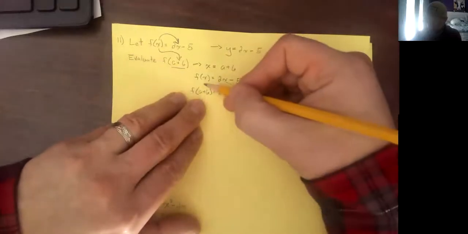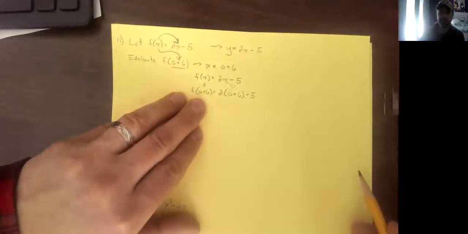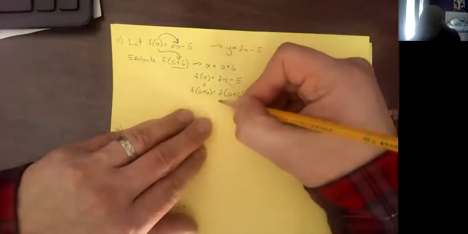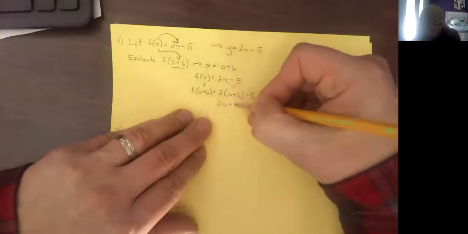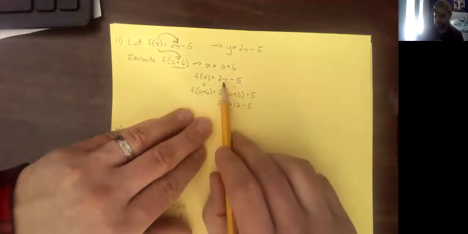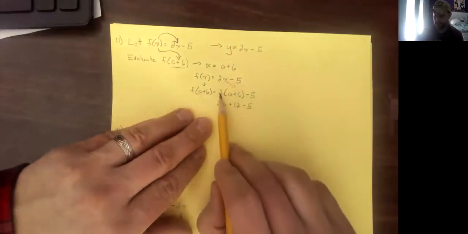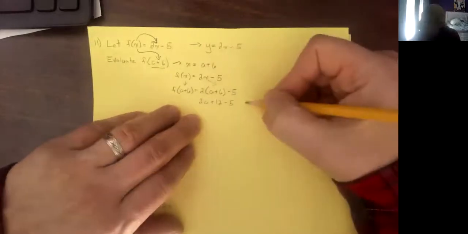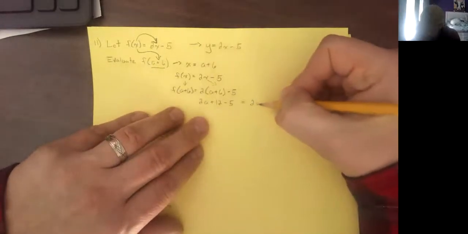So I made my x an a plus 6. Everywhere I see an x, I make it a plus 6. So then I just expand, or I distribute. Instead of 2 times x, I know my x is a plus 6 now, so it's 2 times a plus 6. 2a plus 12 minus 5 equals